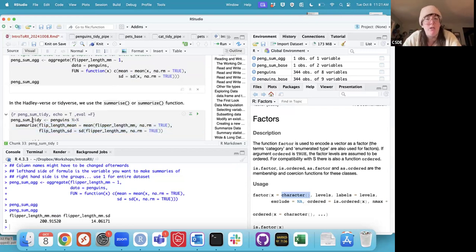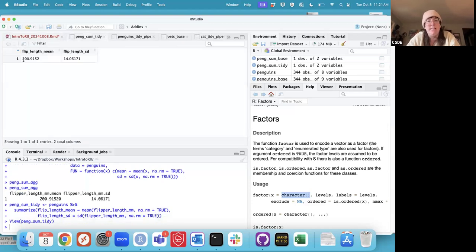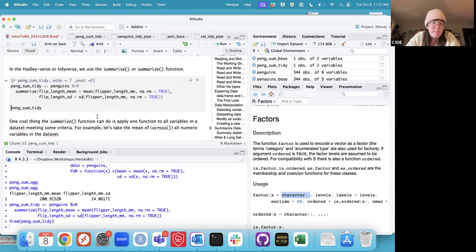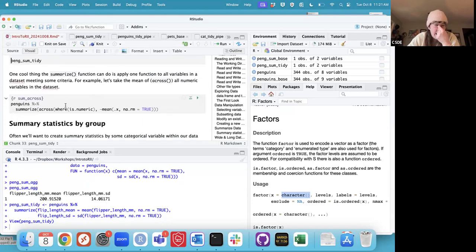So unlike mutate, which is going to add a new column, summarize is going to return something with either one row, or if we're doing it by groups, one row per group. Okay, so this penguin summary tidy, again, is that same output. Okay, so this is just handy if